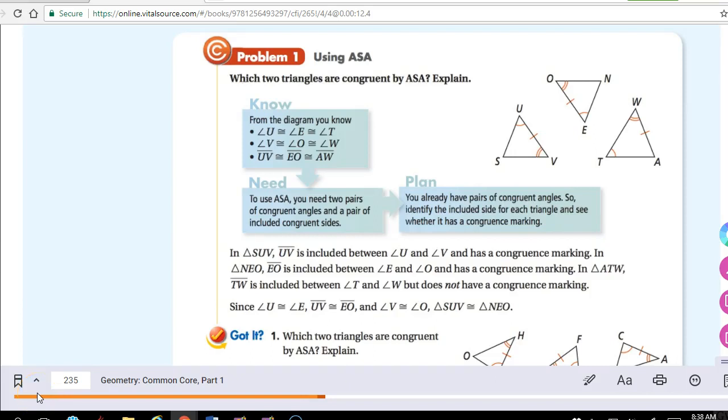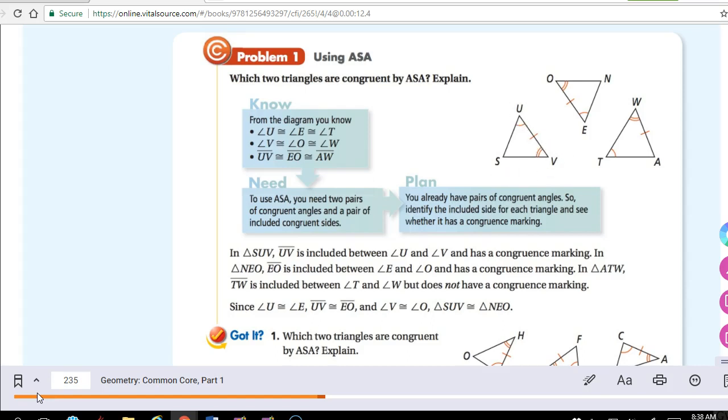Hello, today we're looking at problem number 1 in lesson 4.3 in your textbook, found on page 235. This is talking about how to prove triangles are congruent by either angle, angle, side, or angle, side, angle. Now problem 1 is specifically dealing with angle, side, angle. And when you look at the triangles over here,